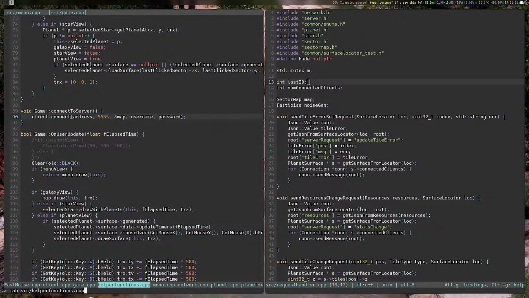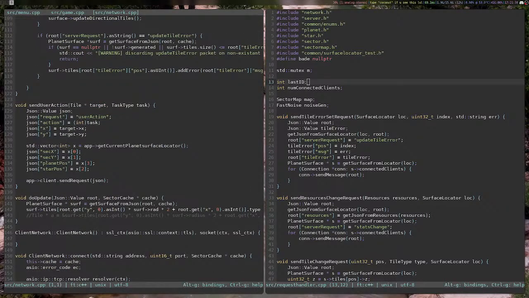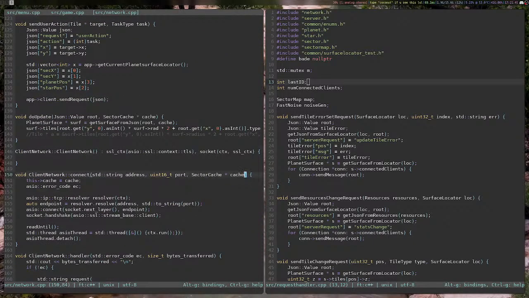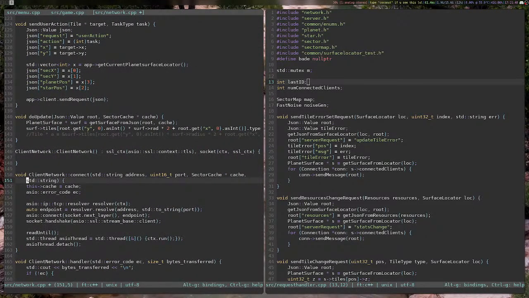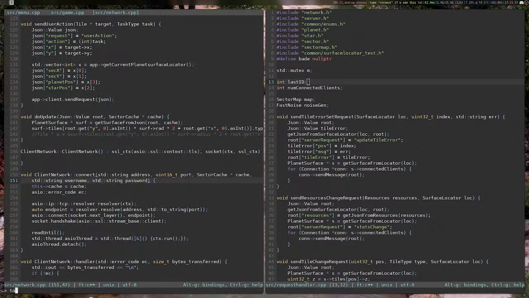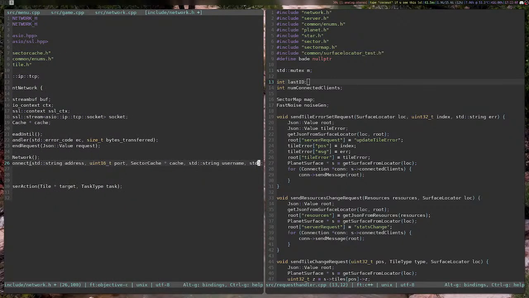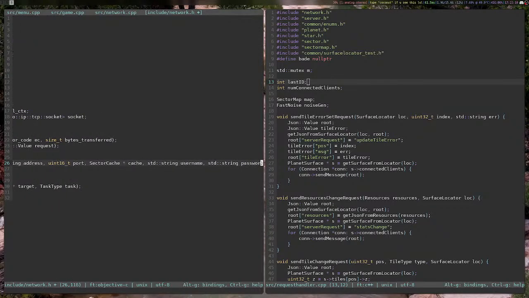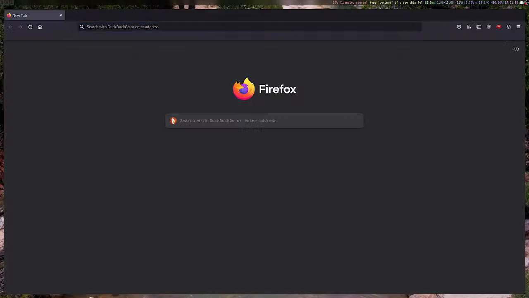So if we have a look at network.cpp, under connect, std::string, I should probably break this up into different lines. Username, std::string, password, and probably better update that in the header file too. Connect, std::string username, std::string password. Also break this up into different lines. Right, now